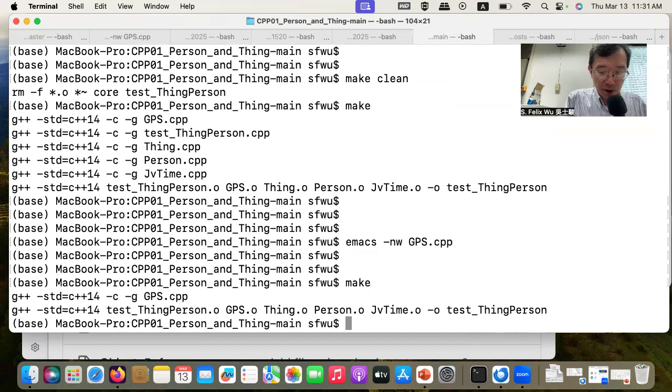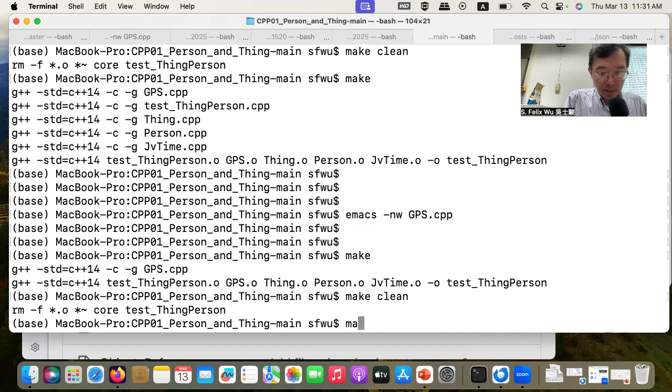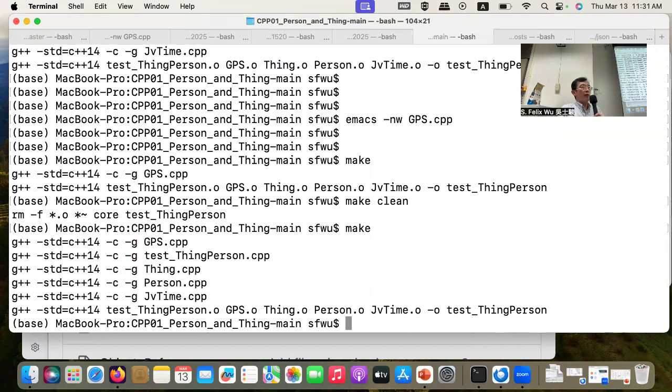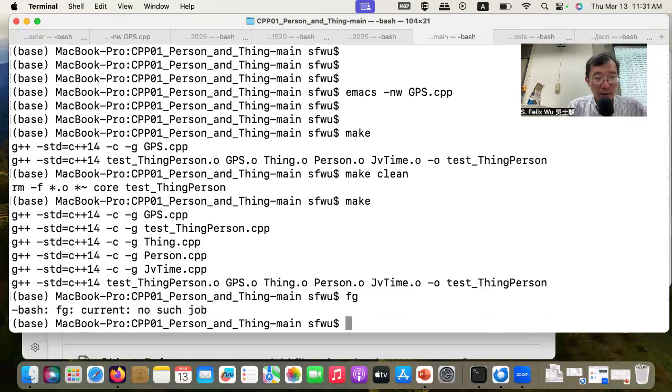And let me do it again, make clean. So it doesn't generate any warning or error for me to define a local variable with the same name as a class attribute. So in other words, this is confusing. If we go back over here,